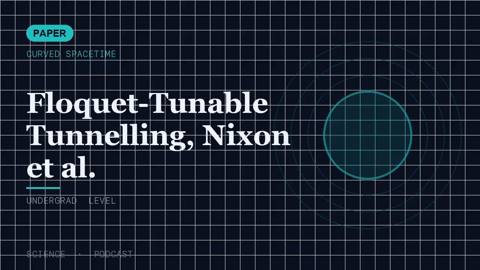plus A2 cosine of alpha omega naught t, times n2, plus A3 cosine of beta omega naught t plus phi, times n3. So site 2 is driven at frequency alpha times omega naught, amplitude A2, site 3 at frequency beta times omega naught, amplitude A3, with a relative phase phi. Omega naught is a base frequency, and alpha and beta are integers, so the 2 drives share a common period